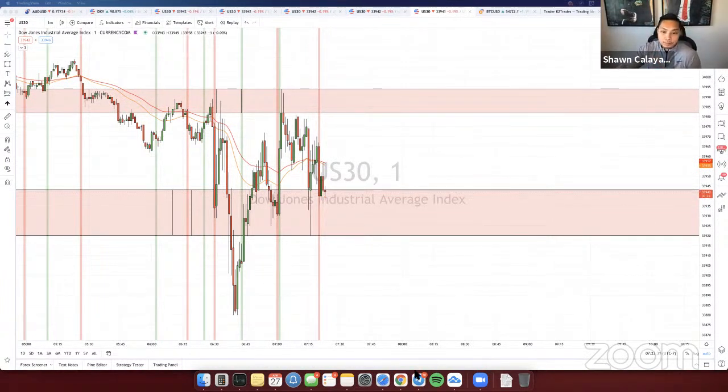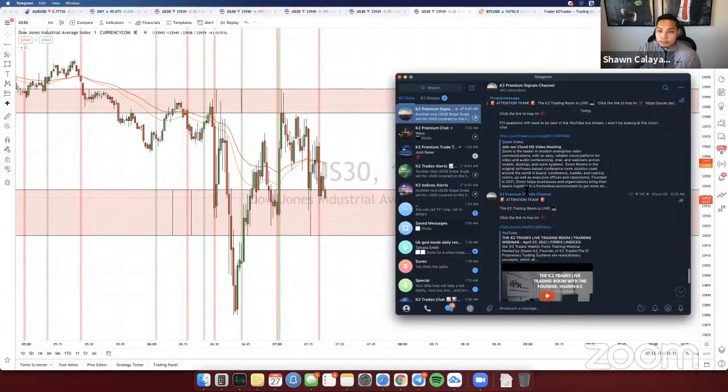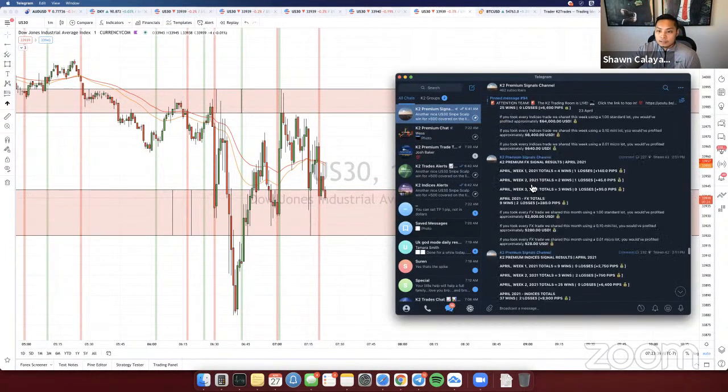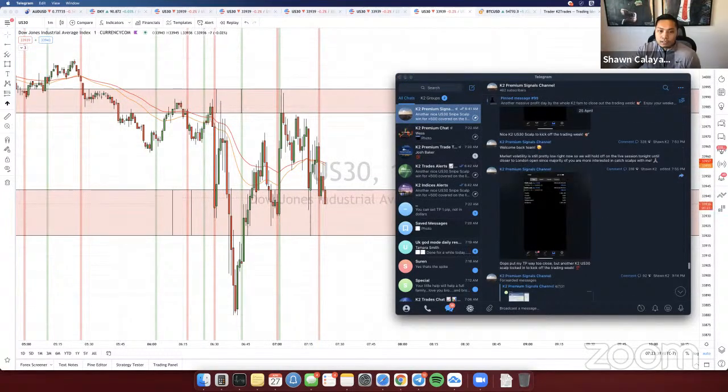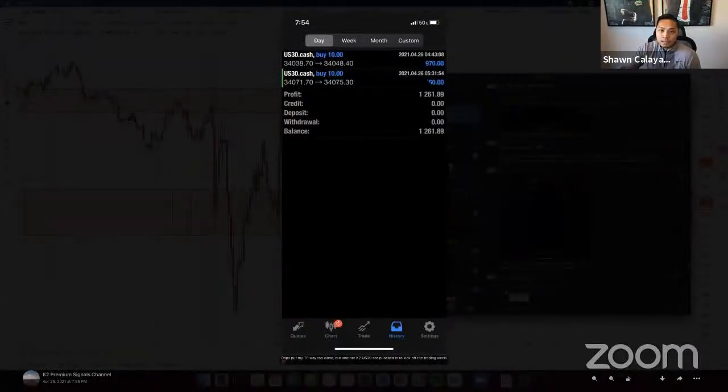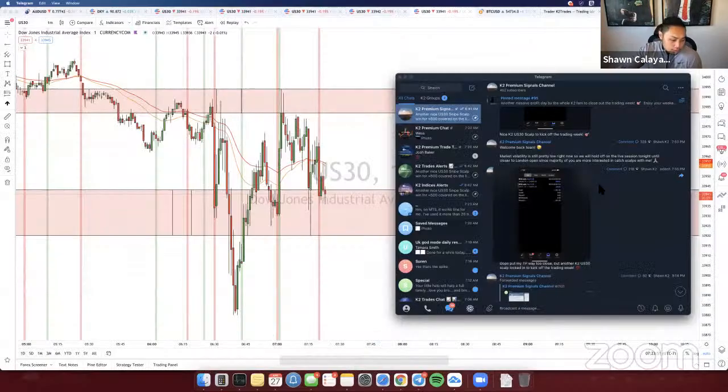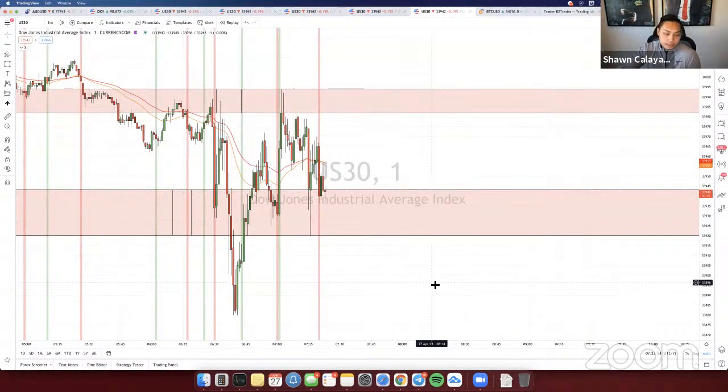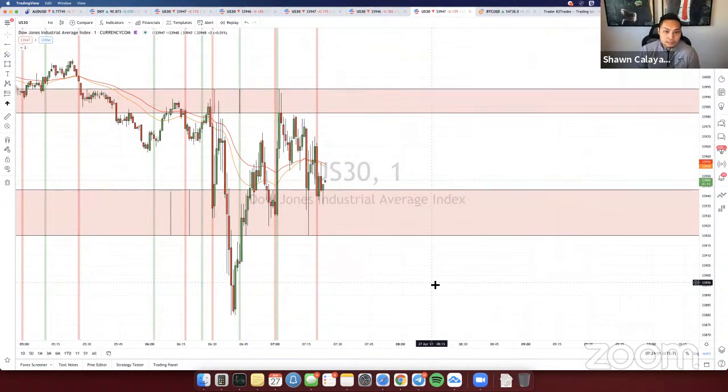Like on Sunday, remember, Ivan, I took this sell over here on Sunday night. I tried to set my TP right below it. I ended up closing out at 300. I was in profit. I was supposed to close at 1,000, but I put it really close to the TP area and I only locked in 300 off that trade. So that's why I don't set a TP, because pricing is very different between TradingView and FTMO. Plus the spread's different. It's dynamic. It's always changing. So you just don't want to get closed out too early.